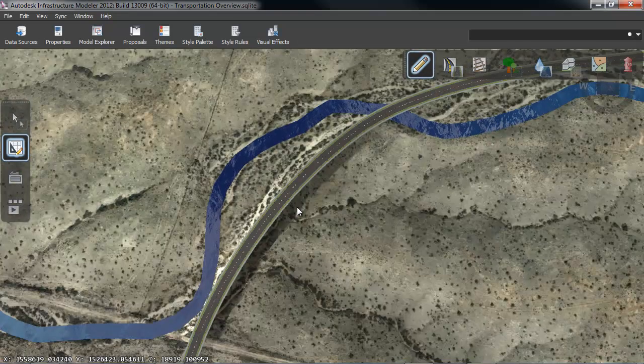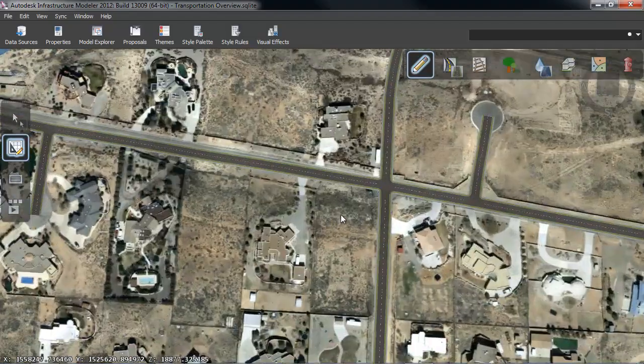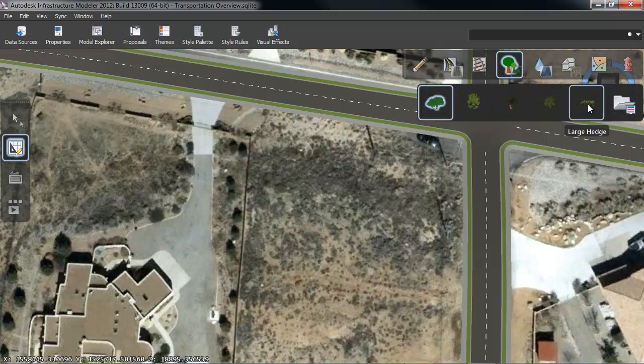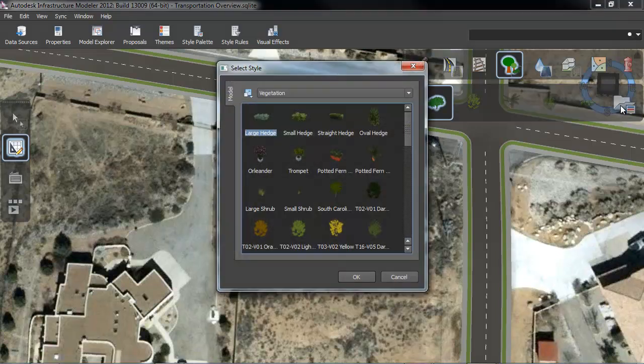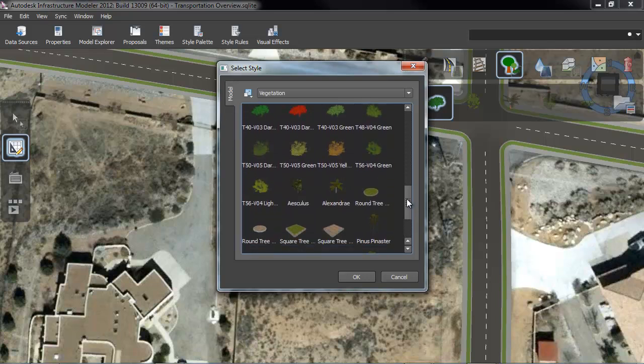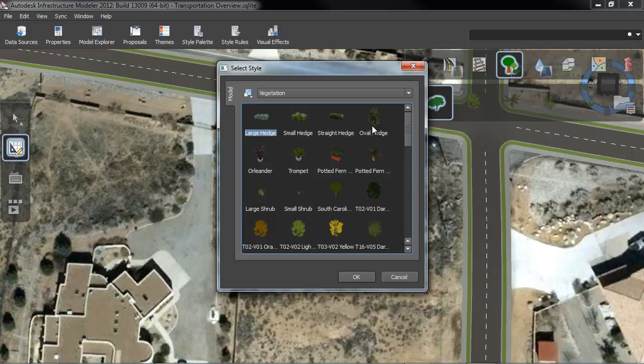Okay, now I want to show you how to do some trees and the water areas and the buildings. So I'm going to move into this area right here, this home. You notice here we've got a bunch of basically scrub brush, and then we've got some other trees or bushes in this area. So let's place some trees. So I'm simply going to select Create Tree Group, and we're going to get the most commonly used. I'm just going to open up the style catalog. And you see all the different trees that are available to us. So let's pick